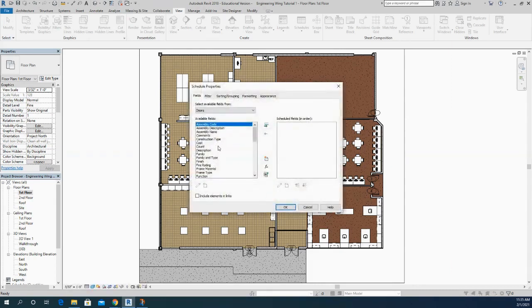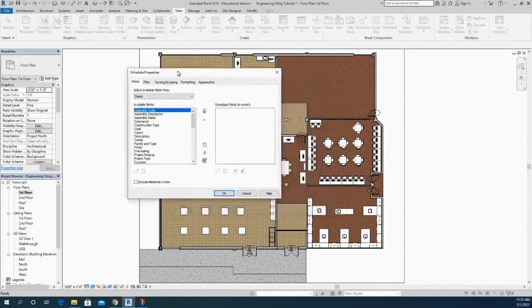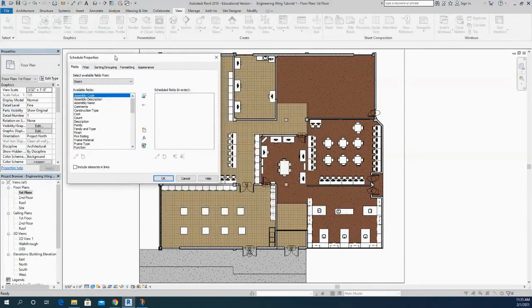Now from here, I need to say, well, what do I want to show in my schedule? And a schedule is just a table showing a list of items. So if I want to do a door schedule, I want to show the family of door that it's in. So if I click add parameter, it will slide it over here. I want to show the type of door that it's in. So I add that parameter, and I want to show the width. Those are all different things that for me are going to be